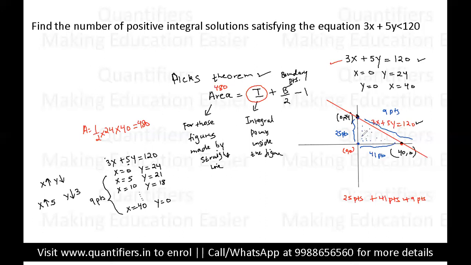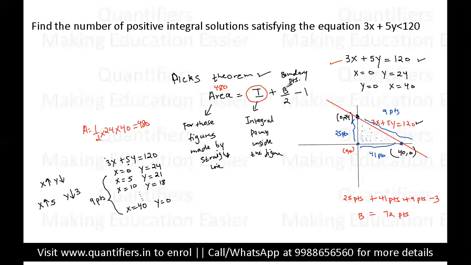ये भी 2 बारी count हो गया, ये भी 2 बारी count हो गया, ये भी 2 बारी count हो गया. So we need to subtract them once. So basically these 3 points, they are counted twice. We have to take them only once. So that is the reason I'll subtract 3 from it. So students, now this will give us the boundary points. Now students, if you solve it, this comes out to be 25 plus 41, that is 66 plus 9, 75 minus 3. These are 72 points. So students, ये हमारे पास b की value आ गई है, which is 72.